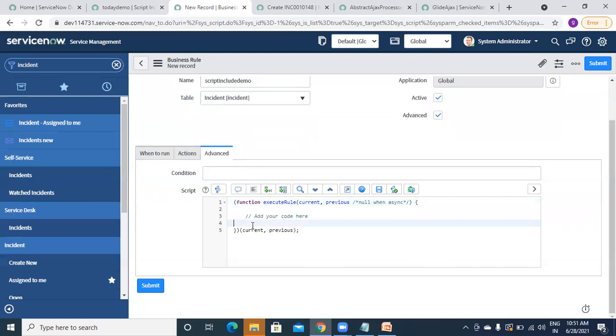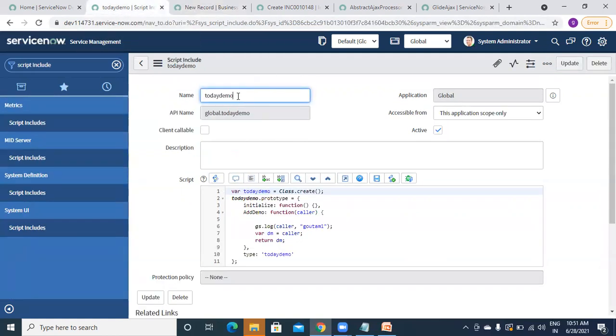Calling a script include in server side script is very easy, and mostly no one will ask you this question, like how can you call script include in server side, because that is just one line of code. But calling script include from client side is a little bit difficult.